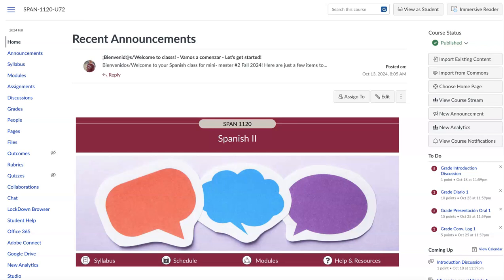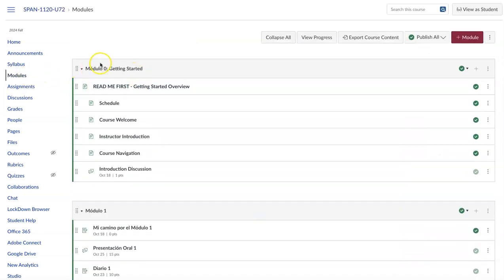I just wanted to take a few minutes and give you a little bit of a step-by-step guide through our modules. I'll try and do this every time we switch modules. So this is for module 1, and we'll go through the things in Canvas and the things in our textbook. So starting out in our textbook, you've already been able to complete things in Módulo 0, getting started in the